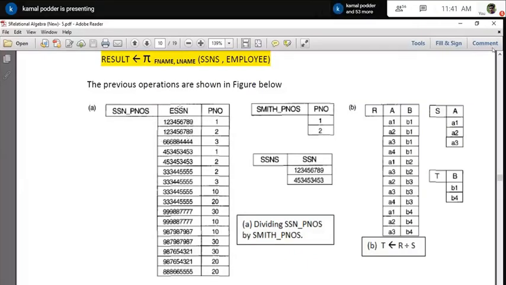And if you see the result pictorially, it is saying that 1 and 2 are the project numbers where Smith is working. Now, if you want to find out manually, look at where 1, 2 is appearing, and this 1, 2 appearing with the same SSN number. That means this fellow is also working in the same project. Is there anything else? Ultimately, we find no more. So these are the two SSN numbers which are working in the same project. In this way, the division operation works.